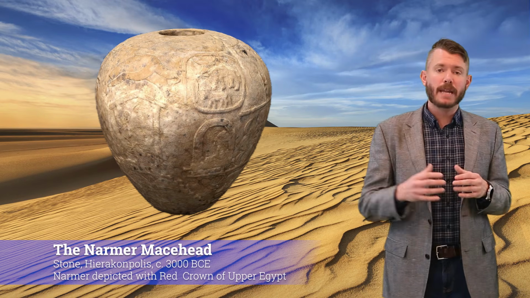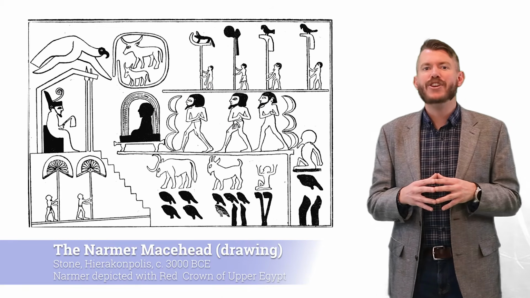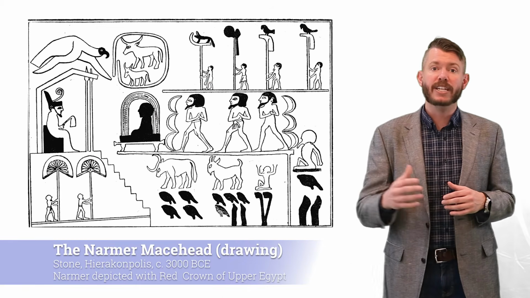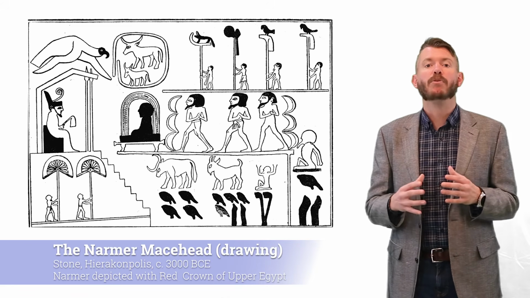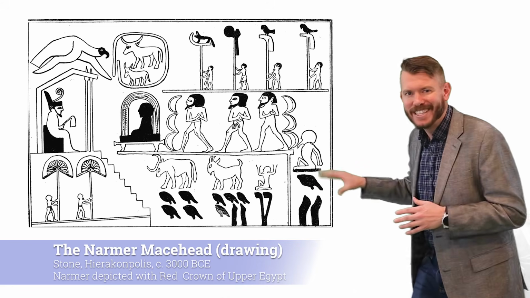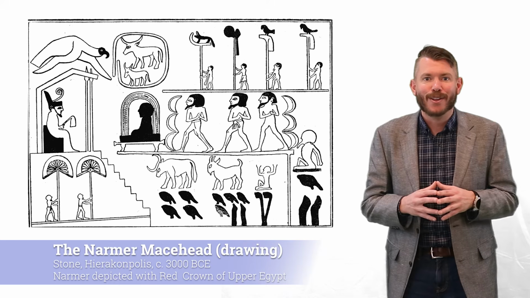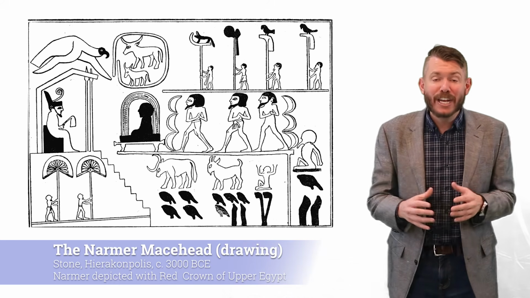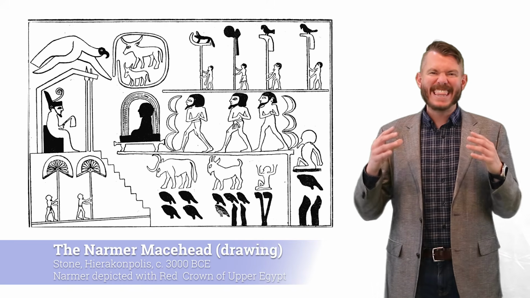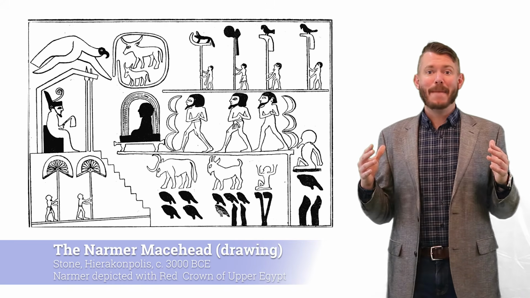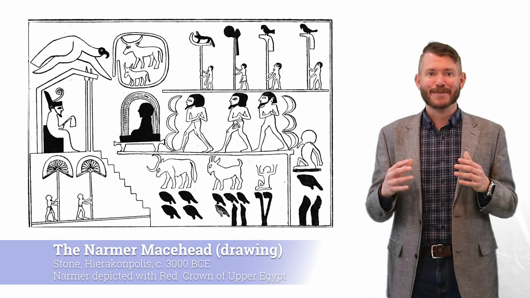Now, regardless of whether they are indeed the same, Narmer is attested in other artifacts as well. This decorative royal mace head should remind you of the previous scorpion mace head. On it, we see Narmer represented as the king of Lower Egypt, with captives bringing him plunder. And at the bottom of this thing, he even records how much he got. 400,000 cattle, 1.4 million goats, and 120,000 captives. Not bad at all for the first king of a united Egypt.